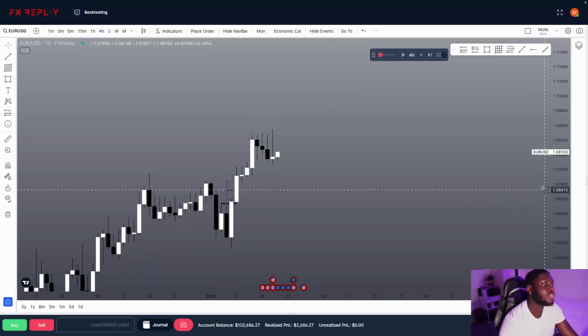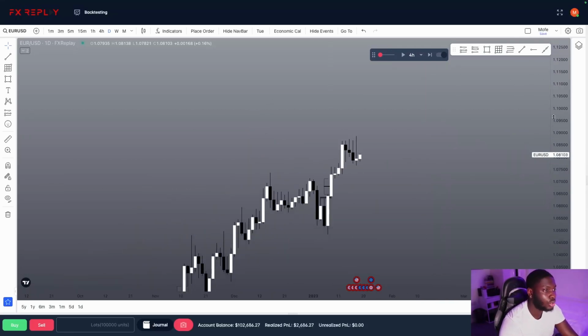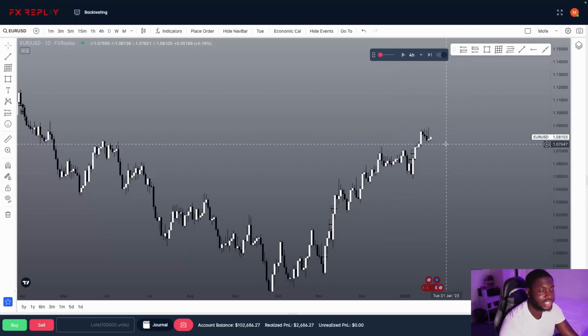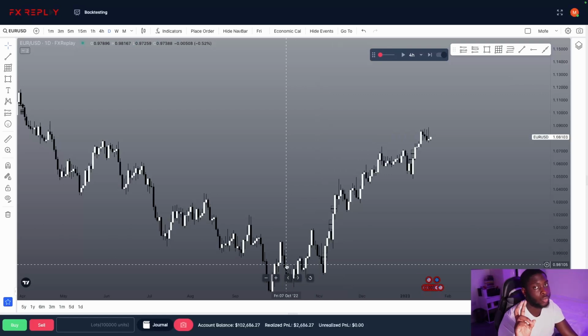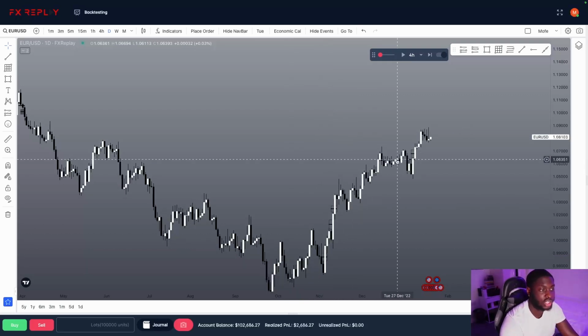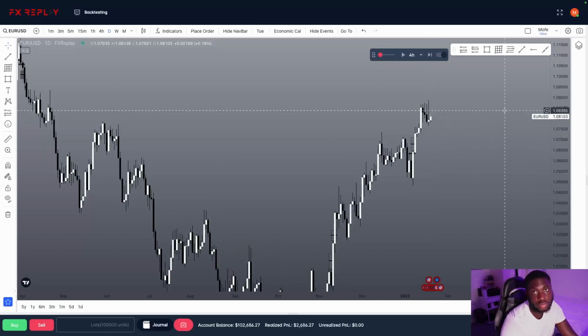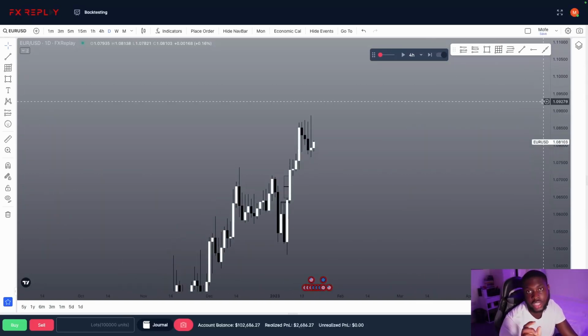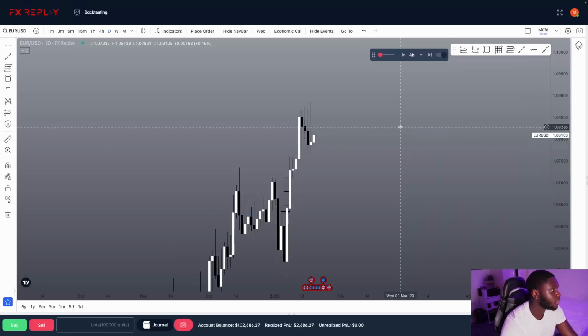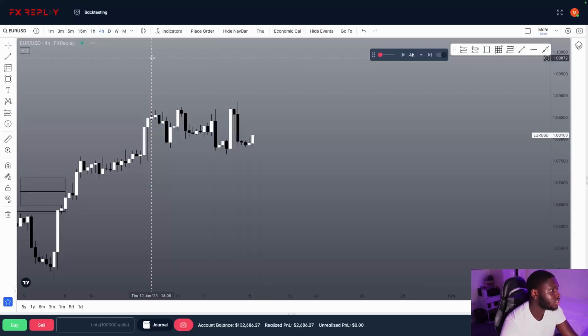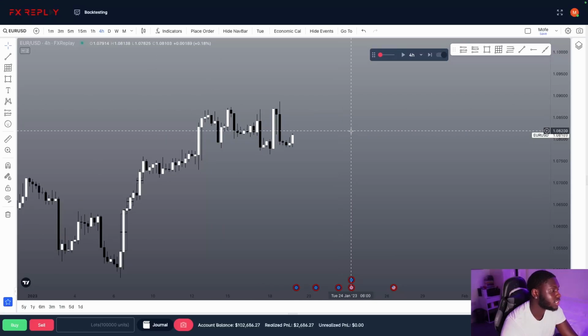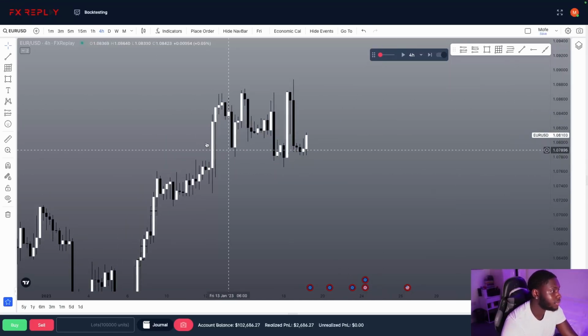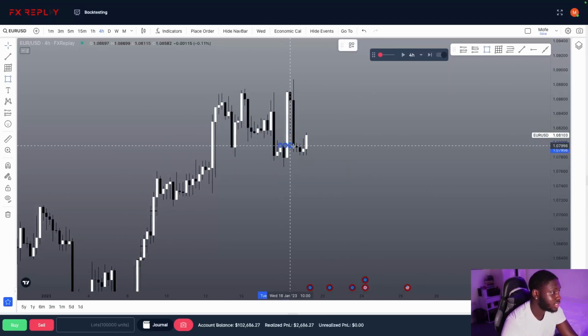If you have no bias, another thing you can do is just go with the overall trend. The trend is your friend till it ends. You don't have to go against the trend if you don't want to. So if I was to say there was a trend, or a bias, I would say we should continue bullish because we have been bullish. But if you had continued bullish for these previous 3 days, you would have most likely taken a loss. That's why I bring in the daily bias videos and all of that stuff. But on a day like this, let's just say no bias for the sake of simplicity. This is a H4 order block.